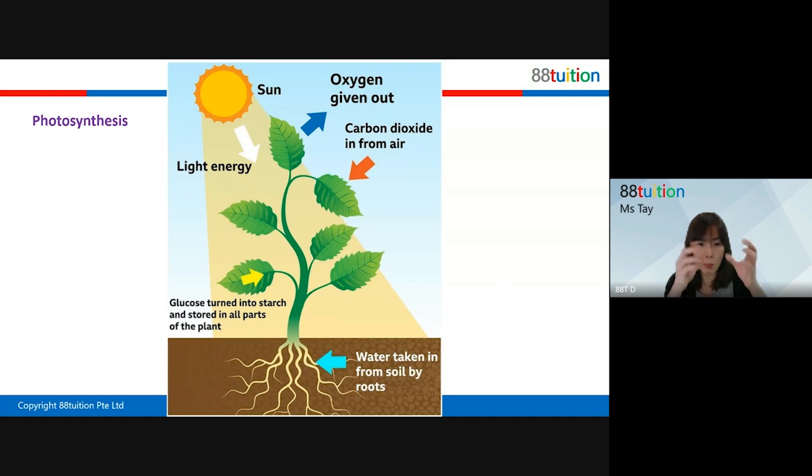So the chlorophyll will absorb or trap the light energy from the sun and cause the carbon dioxide that is taken in through the stomata, as well as water that is taken in by the roots, to be converted. The light energy is used to convert carbon dioxide and water into what? Into food. And one very important gas that is necessary for us to stay alive. Yes, you can go, Jing. So what is that gas that is produced? That's right. You can see from my diagram as well. It's the oxygen that is being produced. Okay, so food is